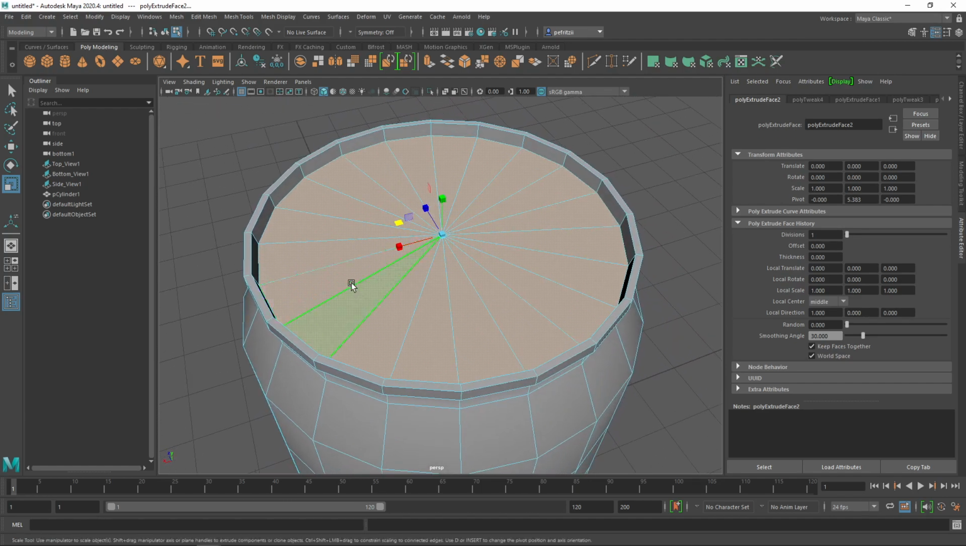bit further. And what we want to do now is we're going to put in another edge loop in here on the inside in this area, and it's not really going to be an edge loop, it's going to be a connecting line. We're going to connect these together, and we're going to push it out so that there's a